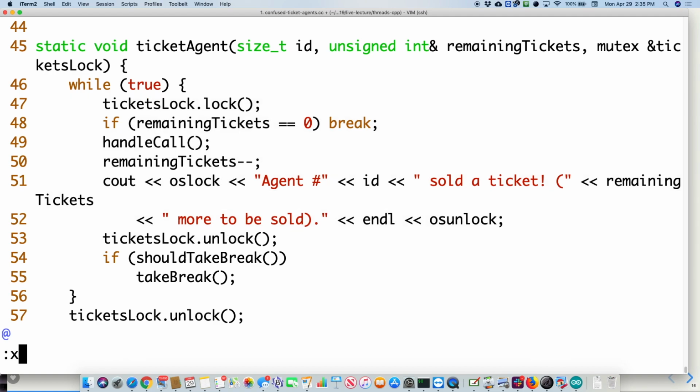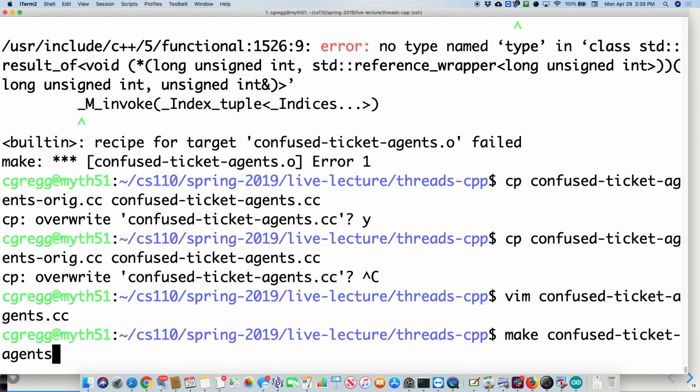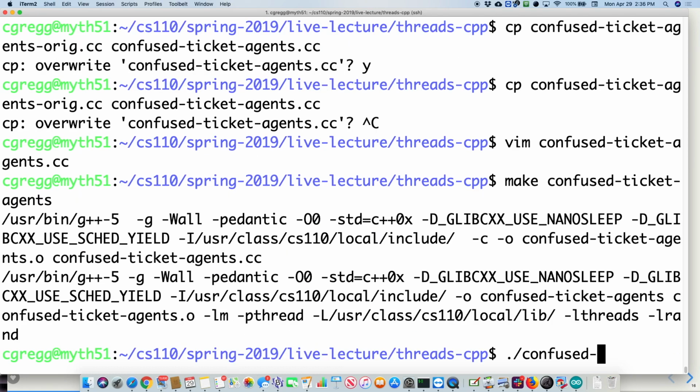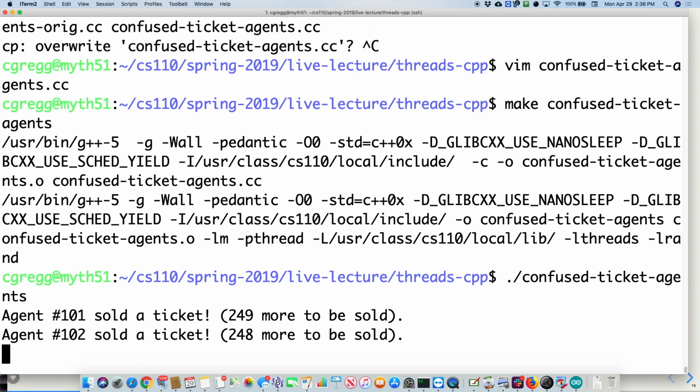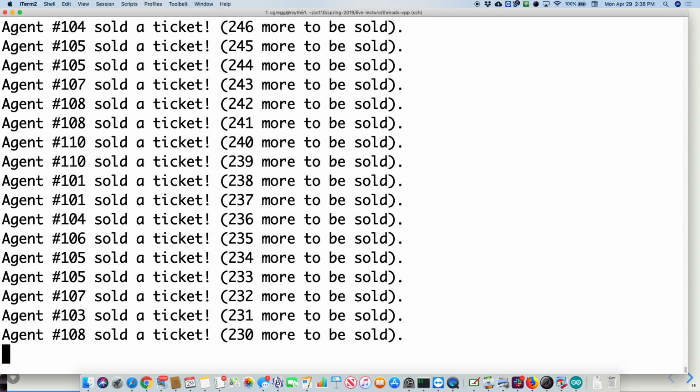Okay, so let's see what happens when we do this. Make confused ticket agents. These are not confused anymore, hopefully. Let's see what happens when we do that. Confused ticket agents. Okay, now, what's the first thing you notice about this? Slower, right? So there is an issue here because we've now got every ticket agent saying, okay, there's a ticket available. I am going to go and I'm going to sell it, right? And then I'm going to decrement the remaining tickets, and then I'm going to